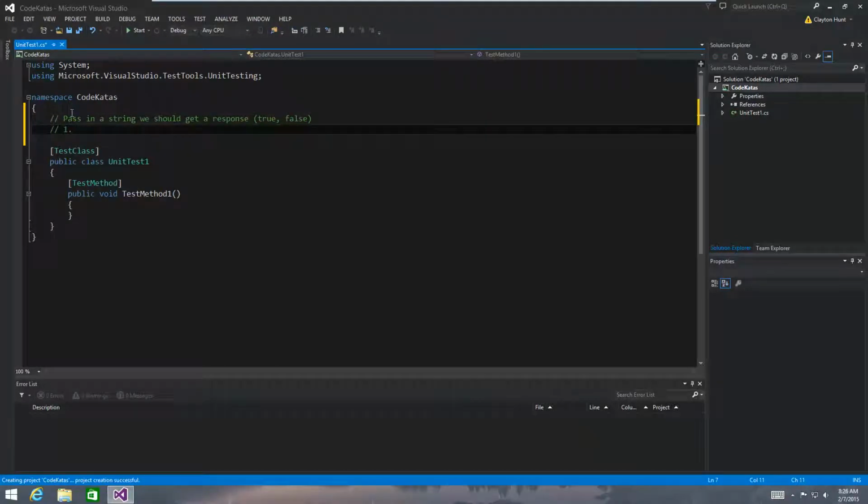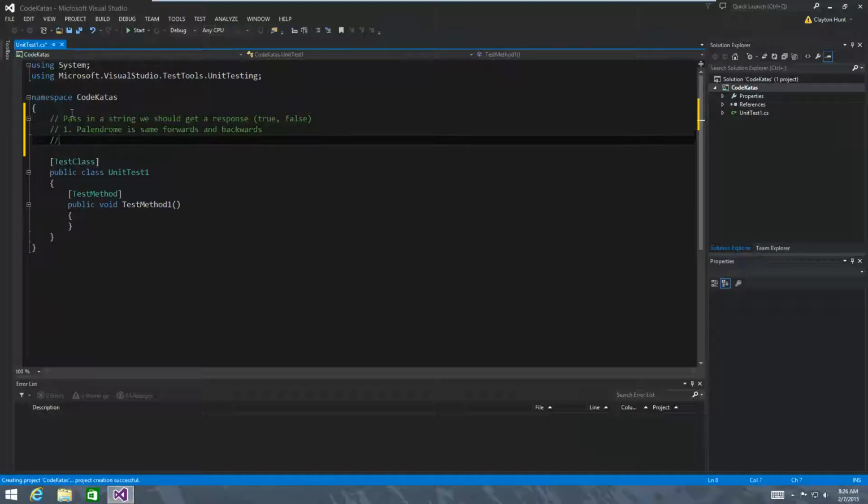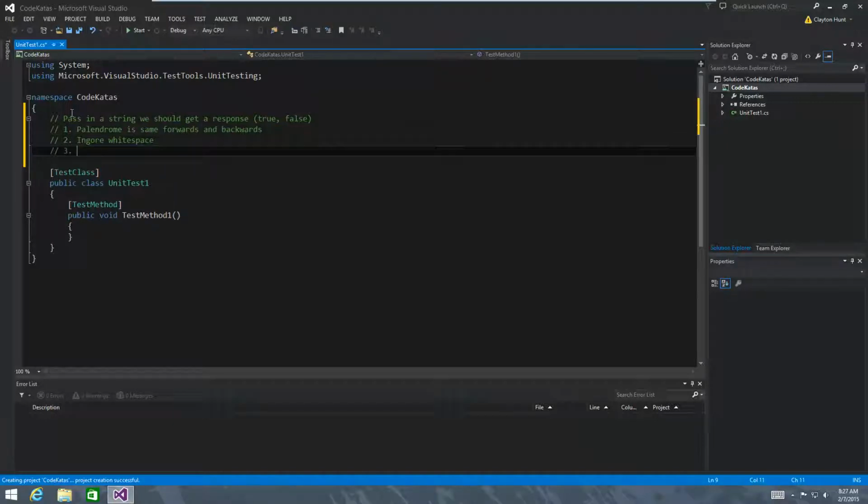Alright, so the rules for a palindrome are: a palindrome is the same forwards and backwards. So, for example, dad is a palindrome. We're going to ignore white space, so if there's spaces or tabs or anything like that, we're just going to ignore that. And we're going to ignore